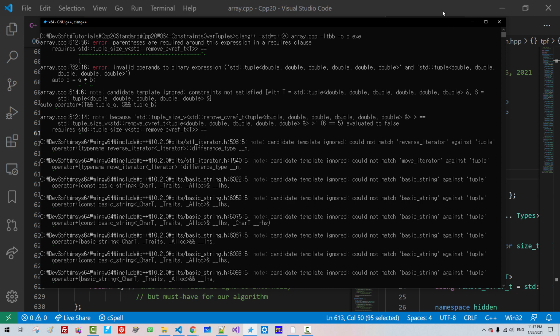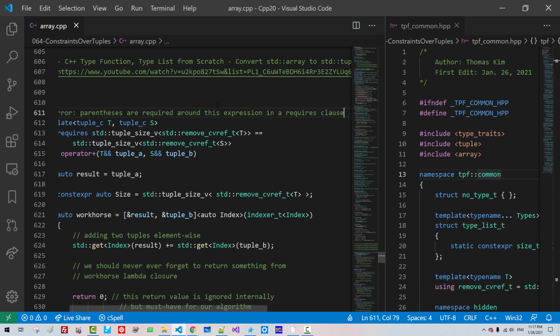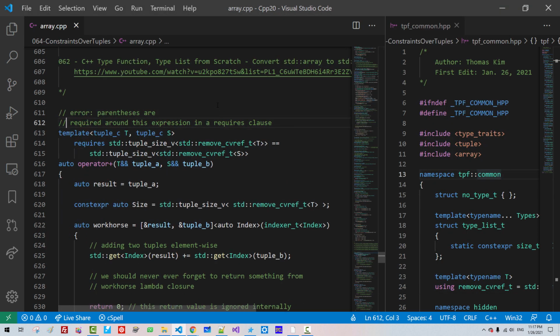I will copy this and paste it here. Parentheses are required because this expression is not a primary expression. To make this expression a primary expression, we use parentheses.